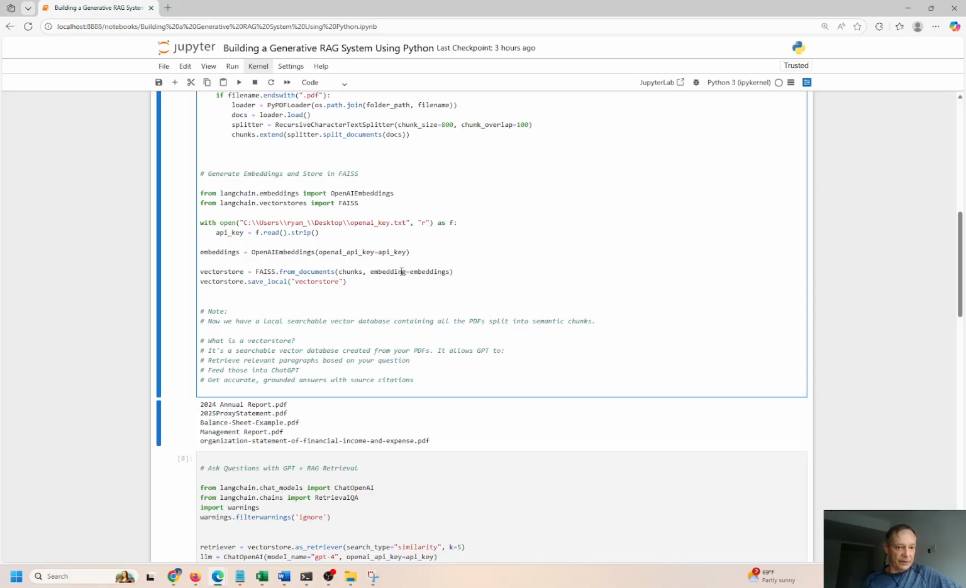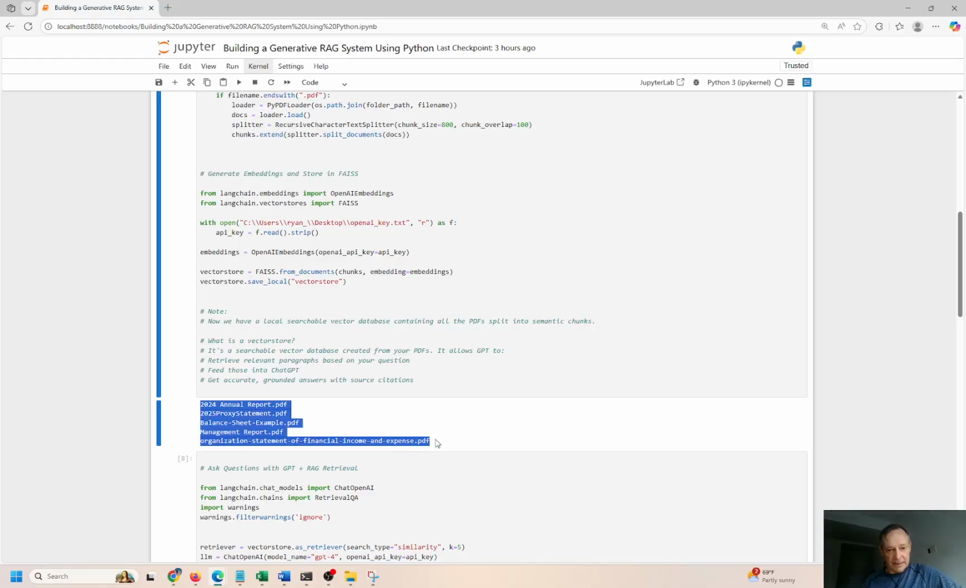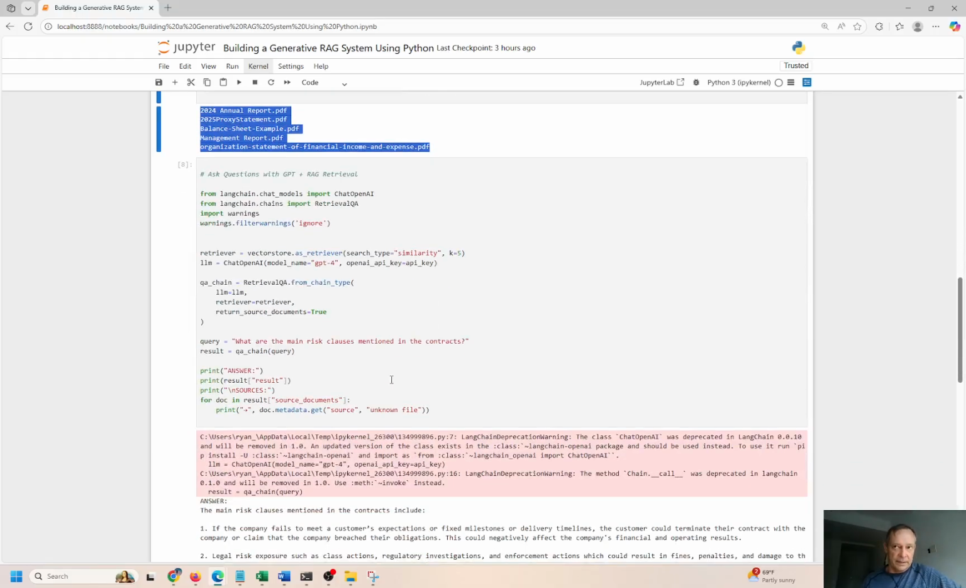So the vector store is basically a searchable vector database, which is very fast, much faster than a standard SQL database. And it allows ChatGPT to go in and just almost instantaneously retrieve all the paragraphs from those PDFs, right? Feed those into the ChatGPT converter or system or whatever you want to call this thing. Get accurate, grounded answers with citations, right? So it just prints out a record of each PDF as it's being read into this chunk, this vector data